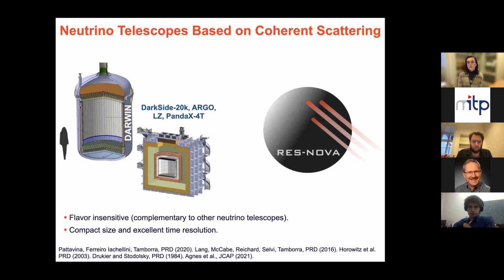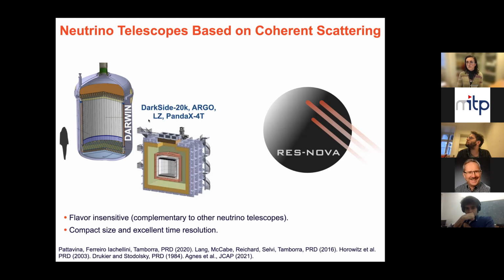Those detectors, like the xenon detectors or DarkSide, employ the coherent elastic scattering of neutrinos on nuclei, which is a flavor-independent process. So in this case we gain complementarity with respect to dedicated neutrino detectors, since we would detect the overall neutrino signal in all 6 flavors, while with dedicated neutrino detectors we would see